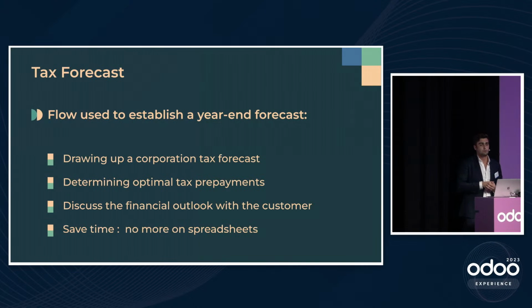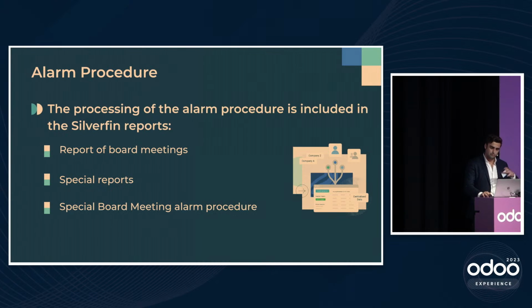And using that synchronization with Odoo, with all the data we get from Odoo, we'll also be able to get tax forecast and tax declaration in real time, so that it makes it even more efficient. Same for alarm procedures. If you have board meetings, special reports, special board meeting alarm procedure, you can have everything within Silverfin, and you can take part in the preparation of those legal documents that you need to share anyway